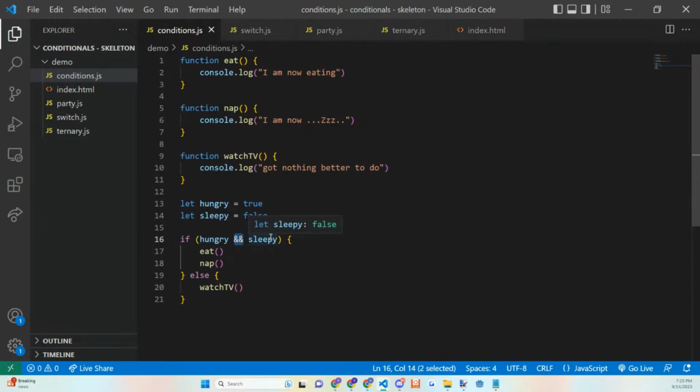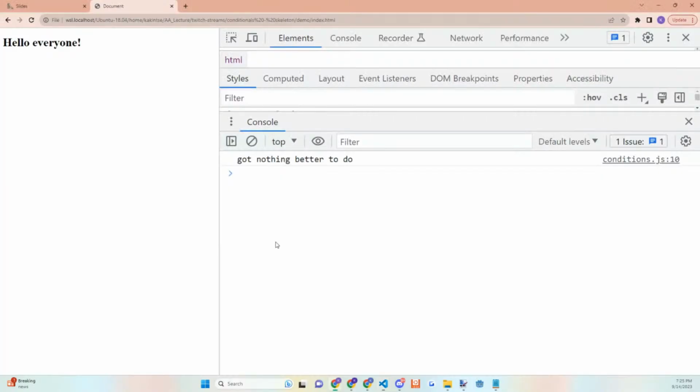When one of these values is false, then the entire thing is false. So if one of these is false, in this case it's sleepy, then we're going to hit our else statement. Let's take a look. And we have nothing better to do.